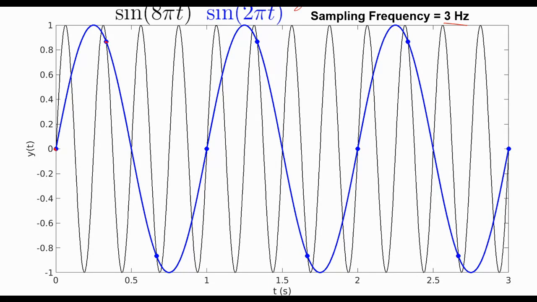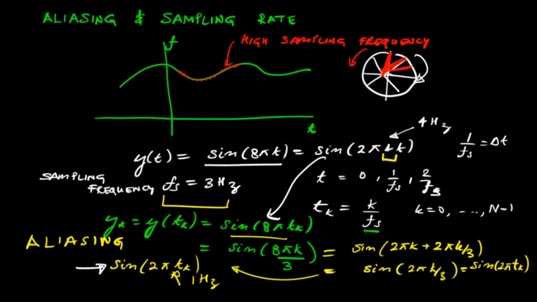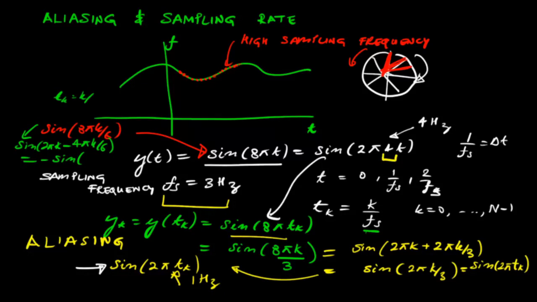Now let's ask, can we choose a higher sampling frequency and recover our original signal from the discrete signal? To see that, if we choose a sampling frequency of 6 Hz, then we will have the discrete signal sine of 8 pi k over 6, because the times at which the signal is taken is given by k over 6, and this is equal to sine of 2 pi k minus 4 pi k over 6, and that is equal to minus sine of 4 pi k by 6, and because my discrete times are k by 6, we can say that that is equal to